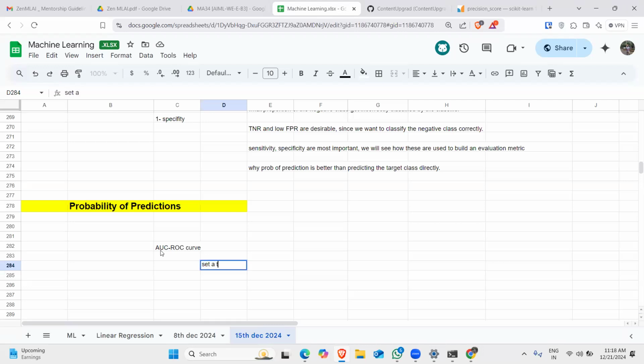So we set a threshold for classifying positive classes for data points, and it will change the sensitivity, it will change the specificity, and one of the thresholds will probably give a better result. So threshold can be 0.5, threshold can be 0.6, right? And depending on whether we are aiming for a lower number of false negatives or a lower number of false positives, we set the threshold. So metrics change with the changing threshold values.